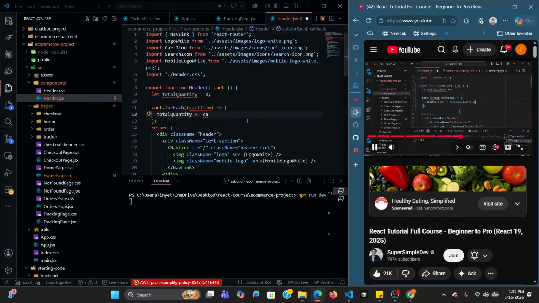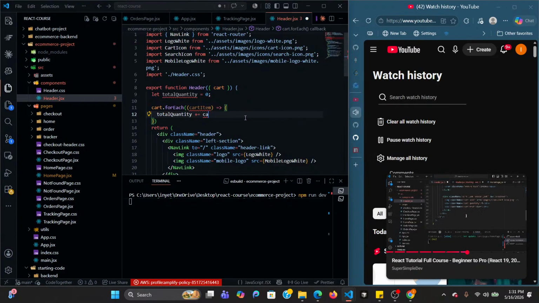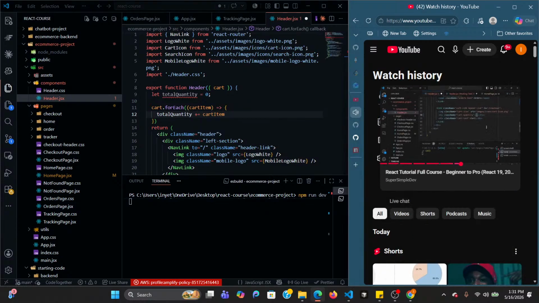And now we can scroll down till we see the cart quantity down here. And instead of 3 every time, we're going to insert the total